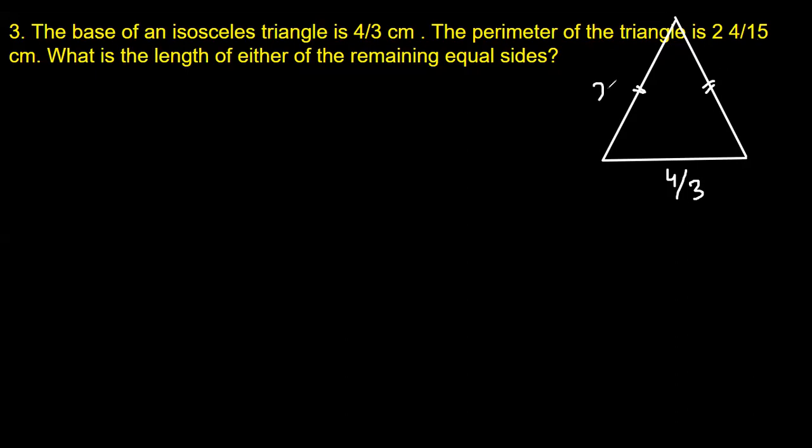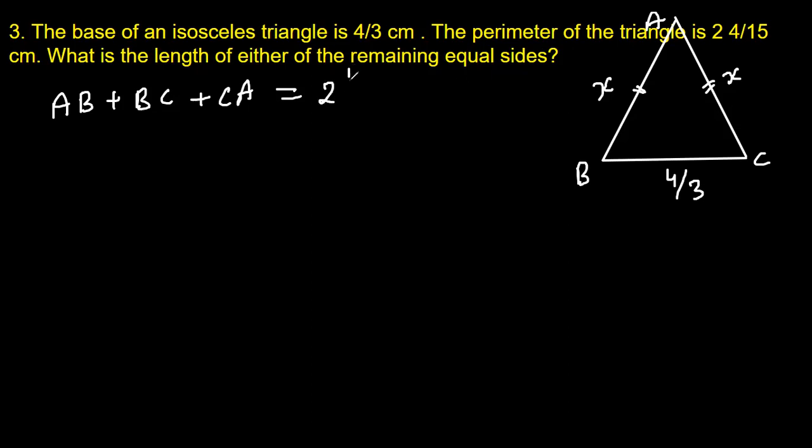So either of the remaining sides is, let's write, this drawing diagram is very important, right? Whenever in mathematics you get a chance to draw the diagram, go ahead, draw it without hesitation. So we get this triangle and everything is very, very clear here. Two equal sides, x, and base 4 by 3. So perimeter means, if we name this triangle A, B, C, the perimeter is the sum of three sides. That means you can say AB plus BC plus CA is going to be